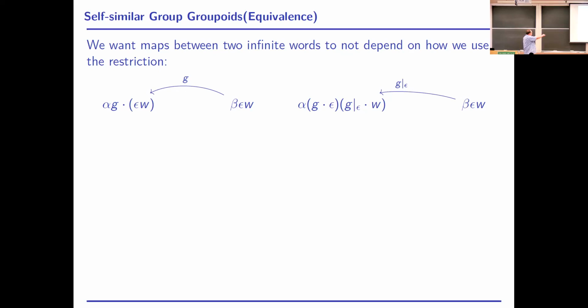So if we've got, for example, alpha G dot epsilon W from beta epsilon W, so this takes epsilon W to G dot epsilon W. It doesn't matter if I do it that way or if I write it as taking alpha of G dot epsilon to be my new prefix, and I only apply G restricted to epsilon to W. So I want these two maps to be equivalent in our